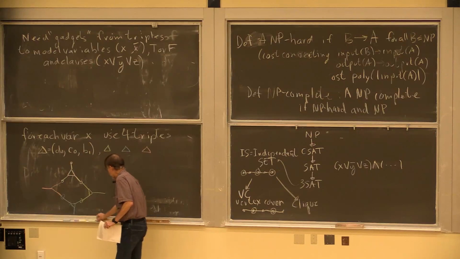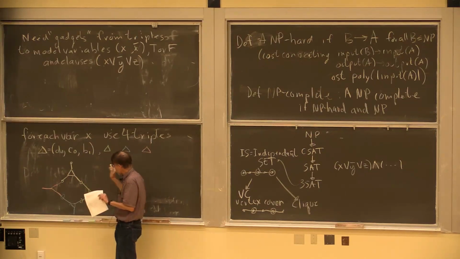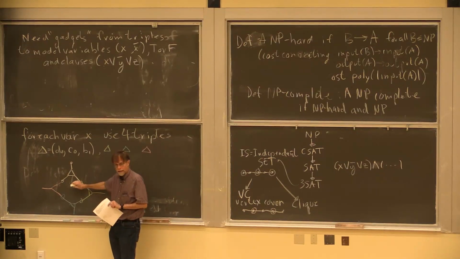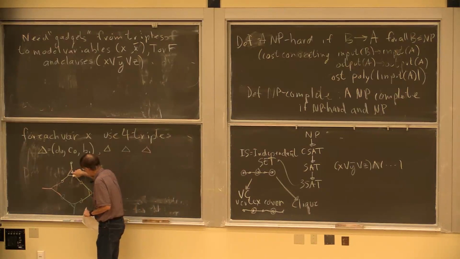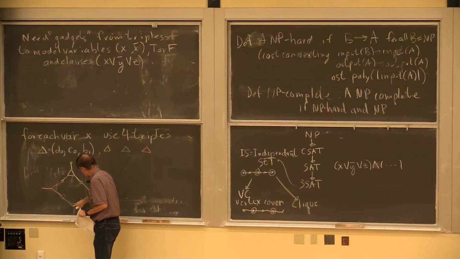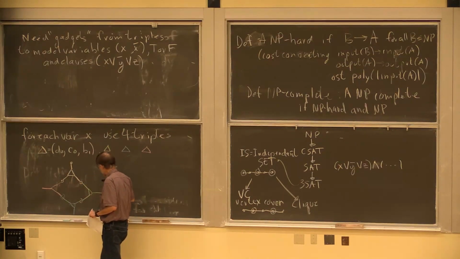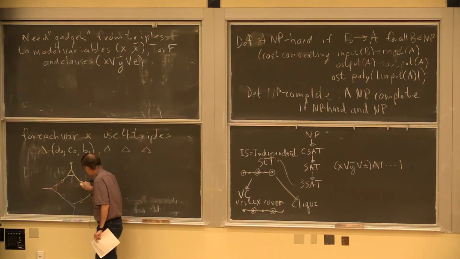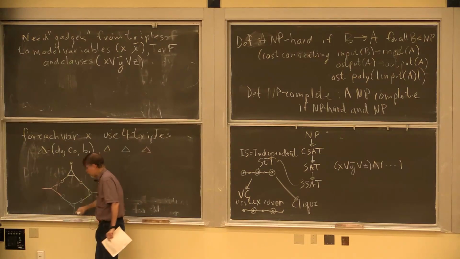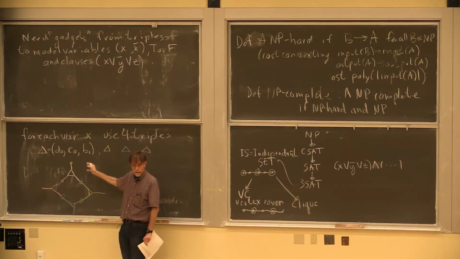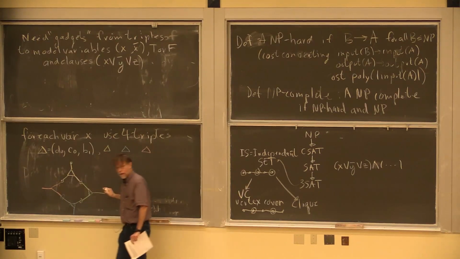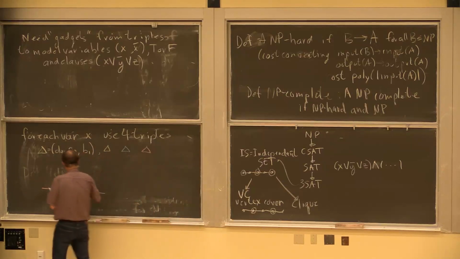Okay. And so before I start labeling it, let's just point out that there are only 2 ways I can do a matching here. If I pick that triangle and that triangle, that triple and that triple, then all of these get matched, and this will have to get matched to something else. Or I could pick the green and the red, and then these will all get matched, and then these would have to get matched to something else. So there's only 2 legal states here where I can match all those. Either I pick the top and the bottom, or the left and the right. And so let me just label them all now.